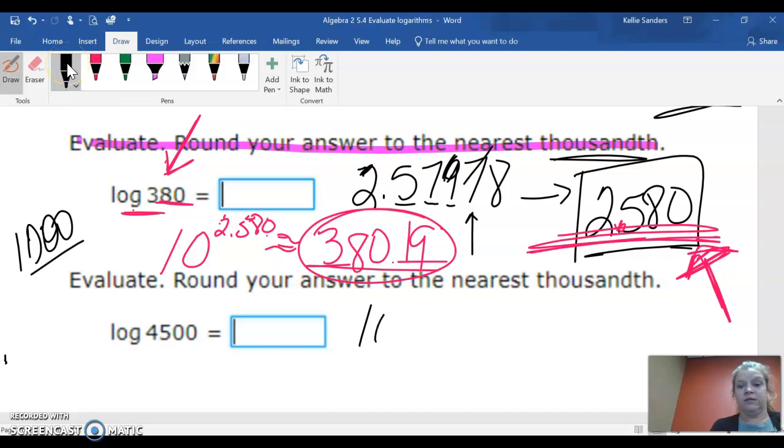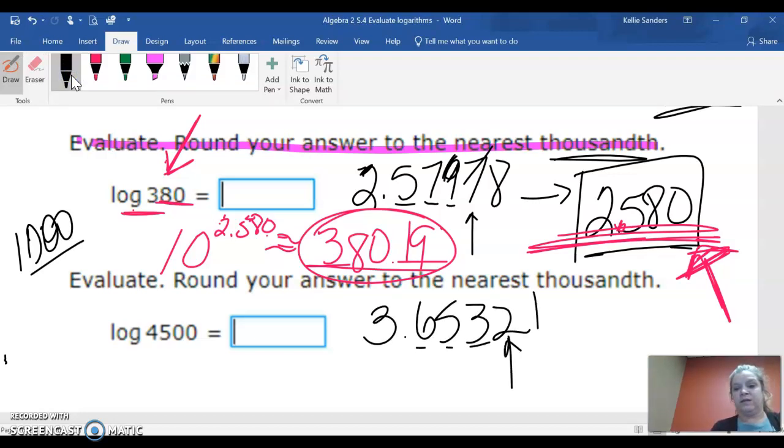All right, so 10 to the, wait, never mind. I was doing something different. Grab a calculator. Log 4,500 equals 3.65321. Does the fourth number change the third number? No, so